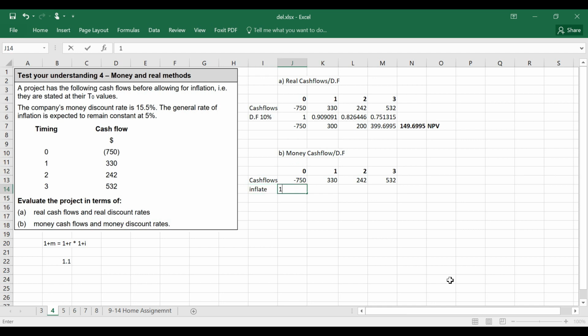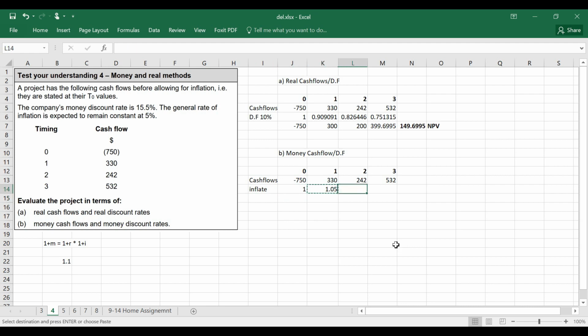So for year 0 our inflation rate will remain 1, and for the rest of the years we will use the relevant inflation rate, which is 5% per annum. Okay, so I am going to inflate them with 5%, and I will take their power of its relevant year, which is year 1 in this case,